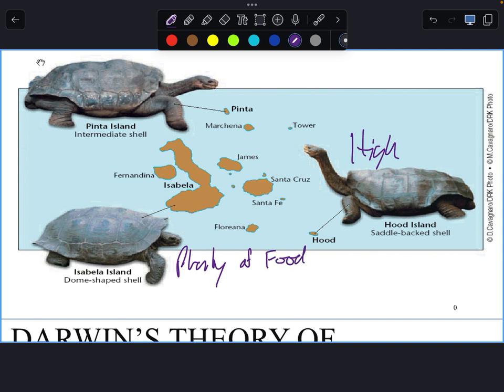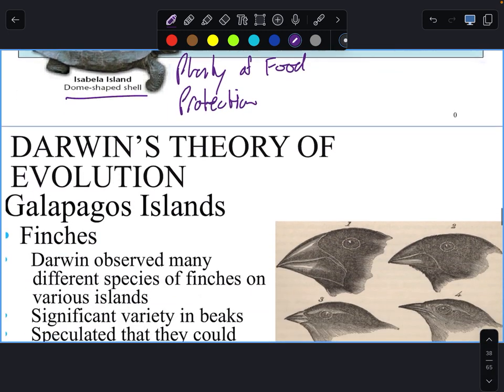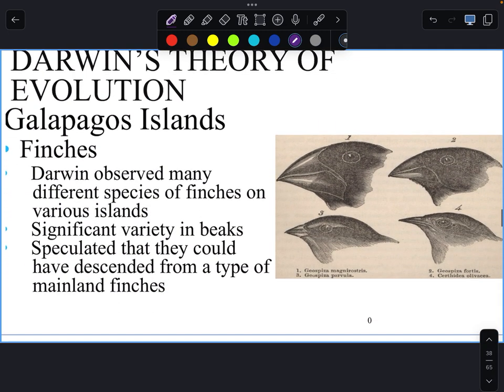So what led to the large dome-shaped shell? Well, it was for protection then. If food's plentiful, that's not a limiting factor. That's not a selecting factor. Now it's protection, right? He even saw differences in finches, which I'll definitely show you a video of about the